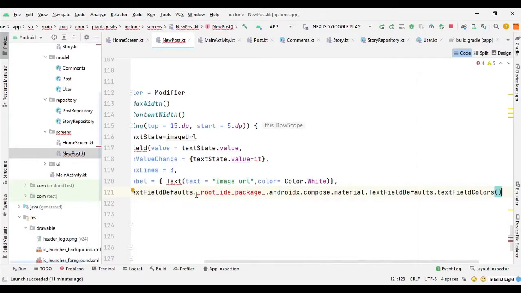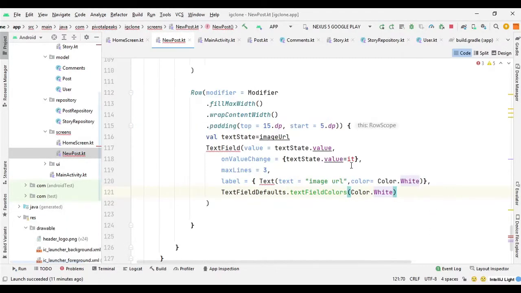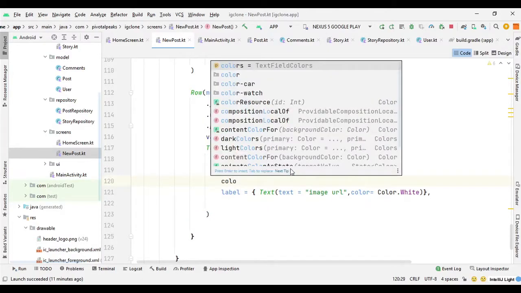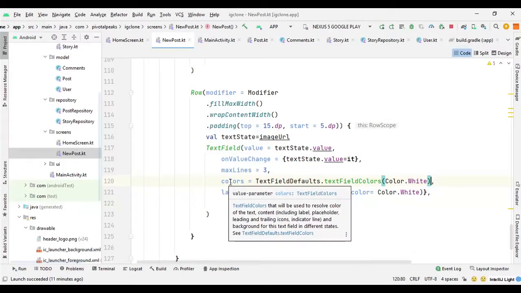and we can actually remove all of this code, and then we can set the color here. So we can say color dot white, and it's creating some problem, the text field default. So let's actually remove it from here, and let's put it here. Let's call it colors first, colors, and then we can paste it here. Yeah, so I think I forgot to initialize the colors, that's why it was showing red, but now everything is fine.